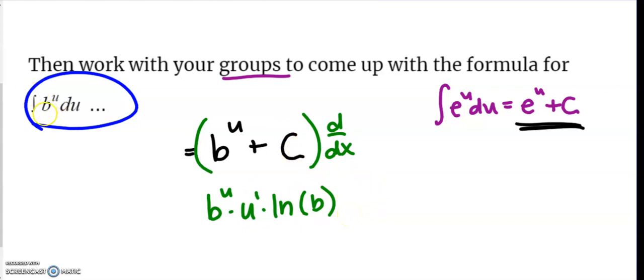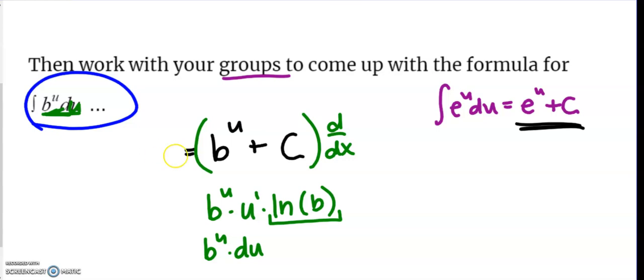Well, this is good because I get b to the u and du, right? That du is the infinitesimal. It represents the variable of integration. Here we've got some implicit with the dx. Regardless, though, I get b to the u times the derivative of u. I don't have this in my original function,